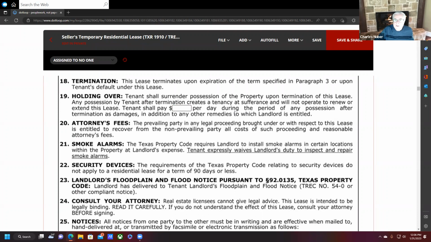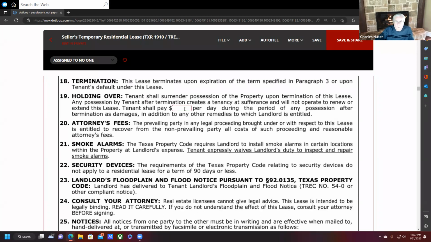I got a call from the tenant that said on the temporary lease, you know, we're not going to be out by tomorrow. I went, well, I can tell you this, and that is that the buyer fully expects to take possession of the property tomorrow. So tell me why you're not going to be out. The truck broke down and the house isn't clean. So I took action. After termination, as damages in addition to any other remedies the landlord is entitled to,